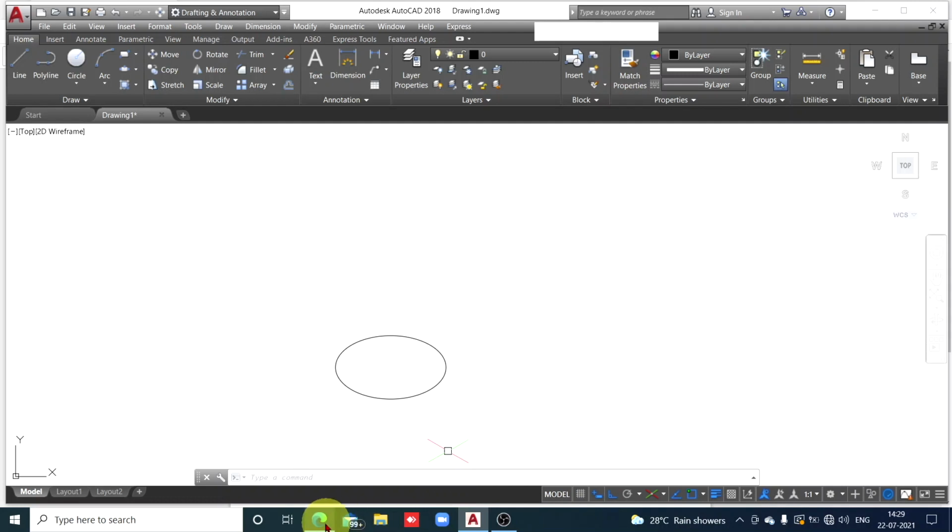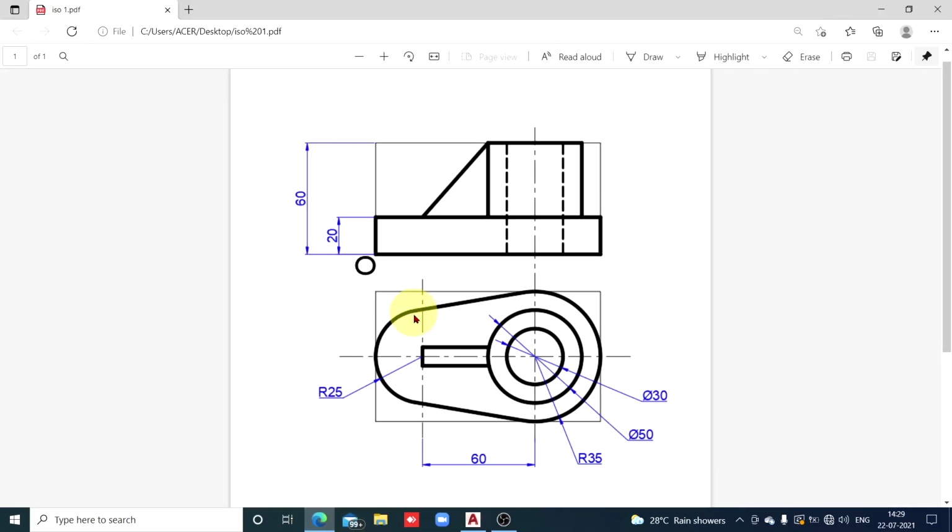Okay, now check our given drawing. This arc we have drawn of radius 25. It's not a complete circle, but the unwanted portion of that circle we are going to trim afterwards. Okay, now from center of this arc, parallel to length, remember in the top view it's horizontal line length, parallel to length at distance 60 millimeter, it is center of this curved edge that has radius 35. So let's proceed.